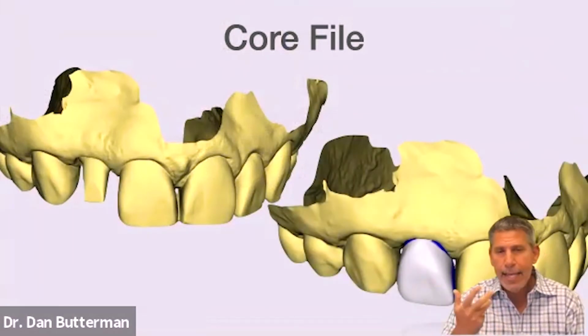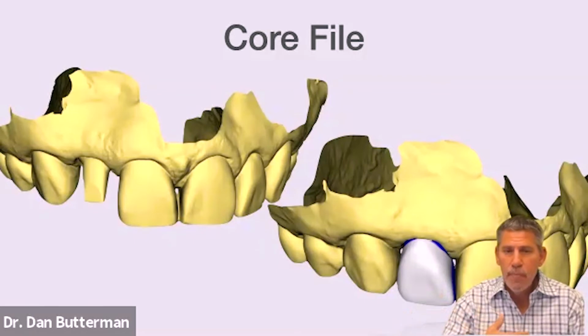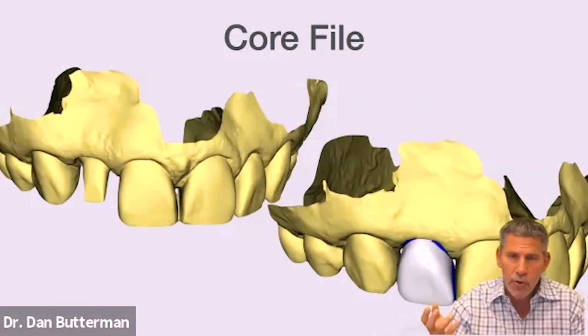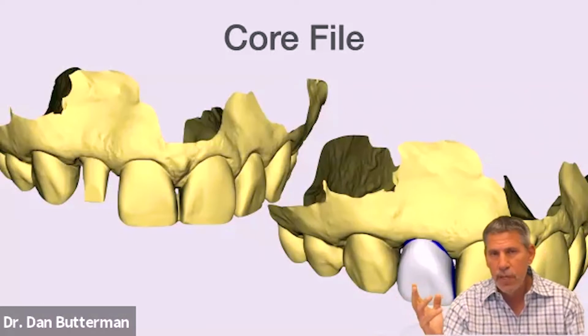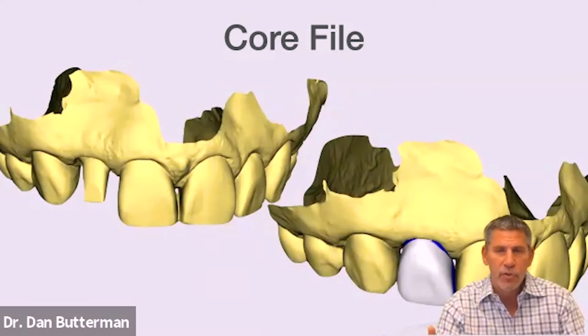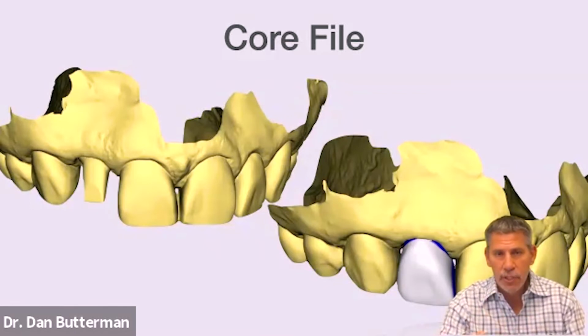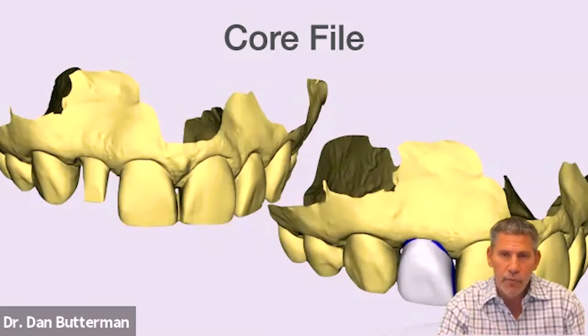file. Again, I took that core file in my office, and I designed the crown on my CEREC, and I milled it out, and I made the final restoration. But you have a couple of choices. You can take that core file and say, here you go, here's my favorite lab, I'm sending it to you, and they will create this core file in many different formats. So your lab doesn't even have to use CEREC. They can use any other system that's on the market. And so the lab can design this, they can manufacture it and take care of it. Dentsply Sirona Implants or Atlantis can also make the crown for you if you ask them to